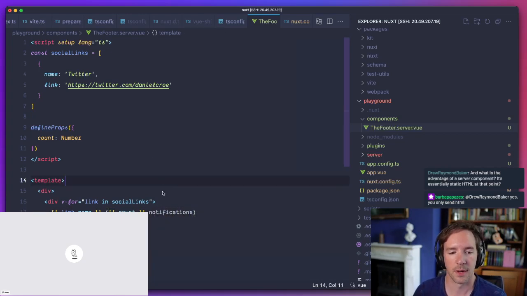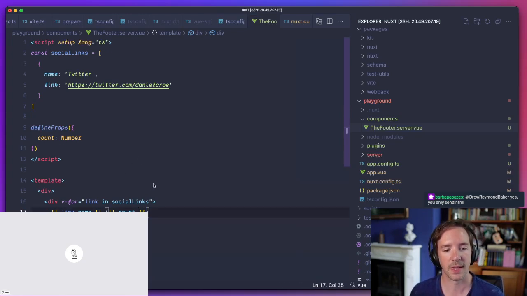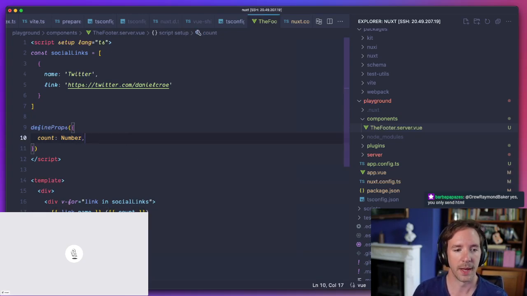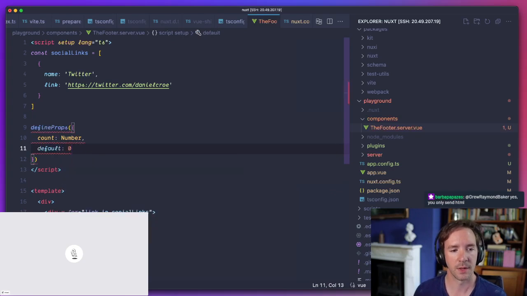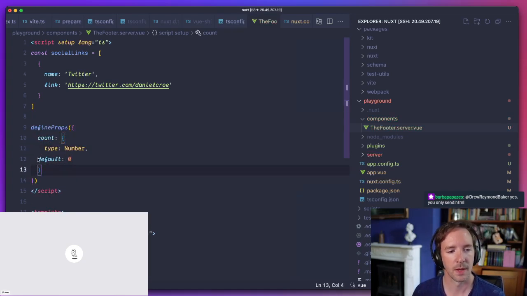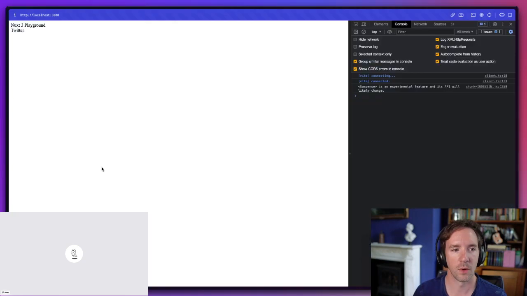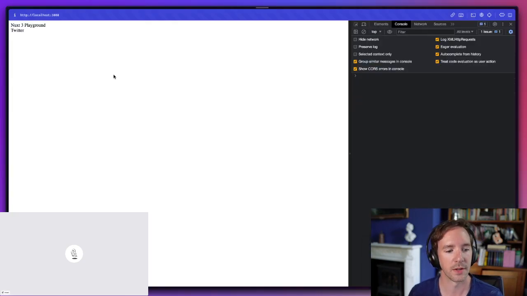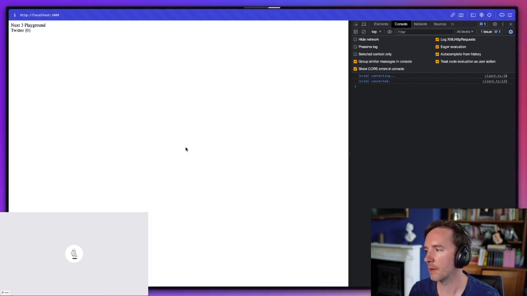I don't know exactly what the use case is here, but we'll give it a default of 0. And that should now have to reload because it's server rendered, of course. And that's going to give me my value.